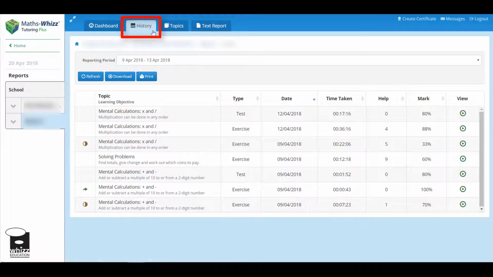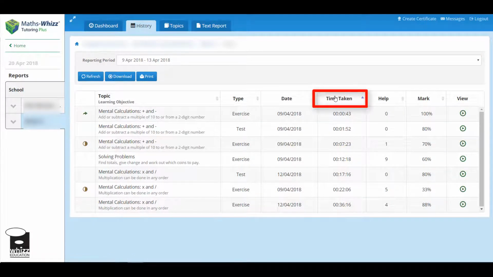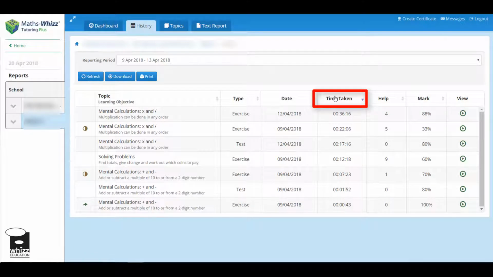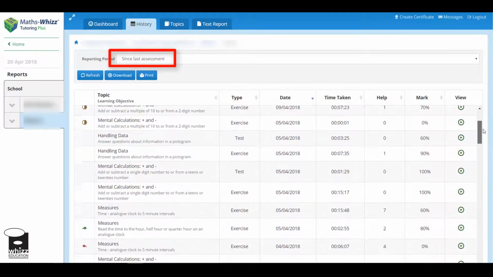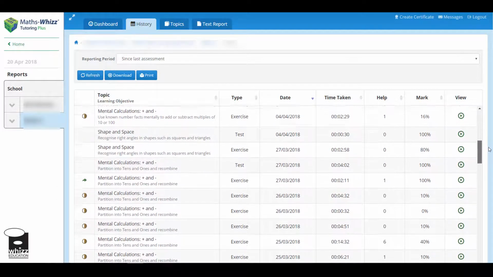When a student has high usage and low progressions, I first click twice on the time taken column, as it will show me the longest time that has been spent on a single activity. In this case it is 36 minutes, which is very high. Then click on the date column to put it back in chronological order. This is where you select since last assessment and talk through their history with them, looking for areas where they